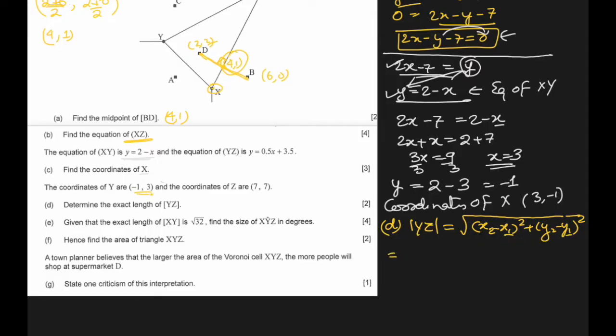So minus 1, 3 and second one is 7, 7. Let me take this as x2, this one is y2, and x1, y1. 7 minus negative 1 square plus 7 minus 3 square,